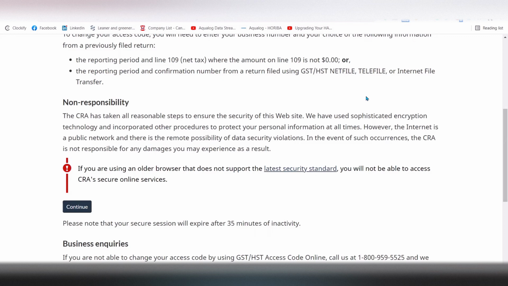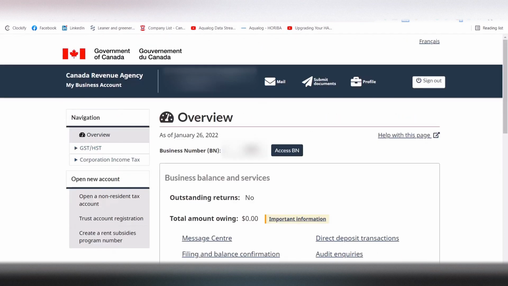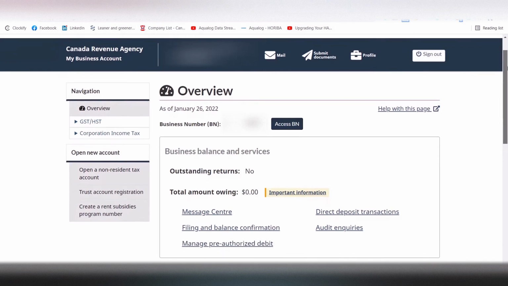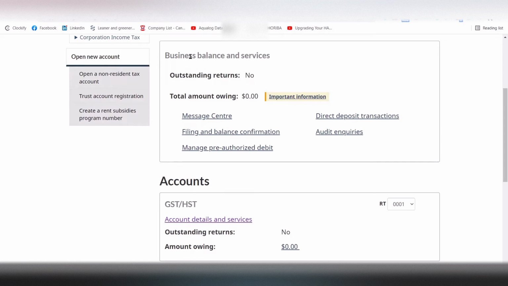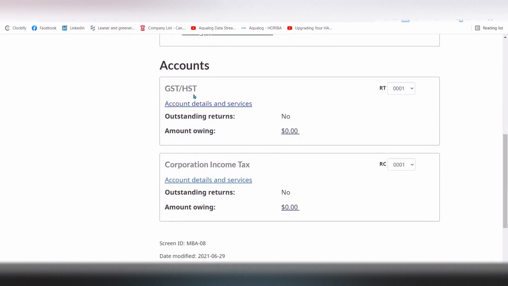What I do is I use the My Business account, which is the government account where you manage all your taxes. It looks like this, and there's a portion that says GST, HST, or if you just scroll down, there's everything about your business, your balances, the messages from the government, and there's a section for GST, HST, and one for corporate taxes. Corporate income tax, which is a T2 form, is filed 6 months after your fiscal year ends. So we're going to do the GST. So just click here,